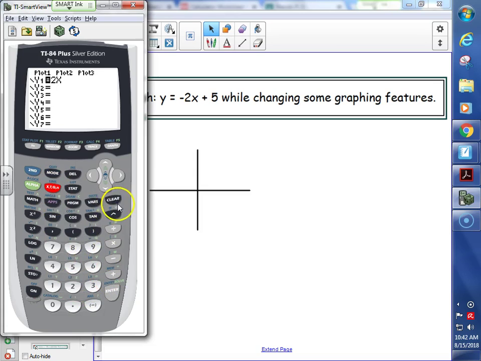Now, some of you guys totally have the new nice light-up screen calculators. You can also change the color. We know, we're all jealous. But for the rest of us, we can change things too besides the color of the lines. What else can we change? The style of the line. Nice terminology. The style of the line, if we go all the way back, I want you guys to go